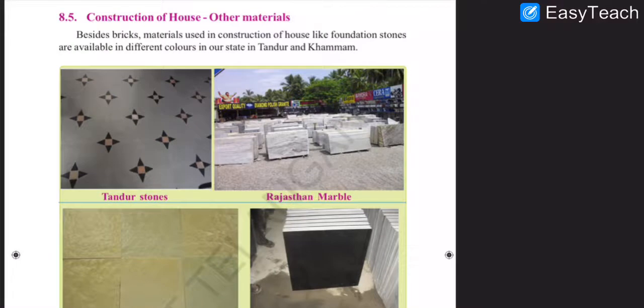You can see stones made in Tandoor. Here marbles made in Rajasthan,